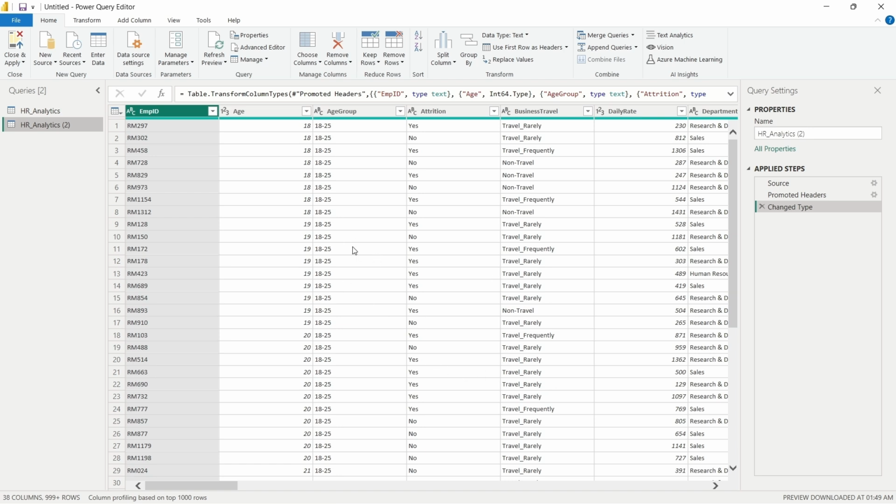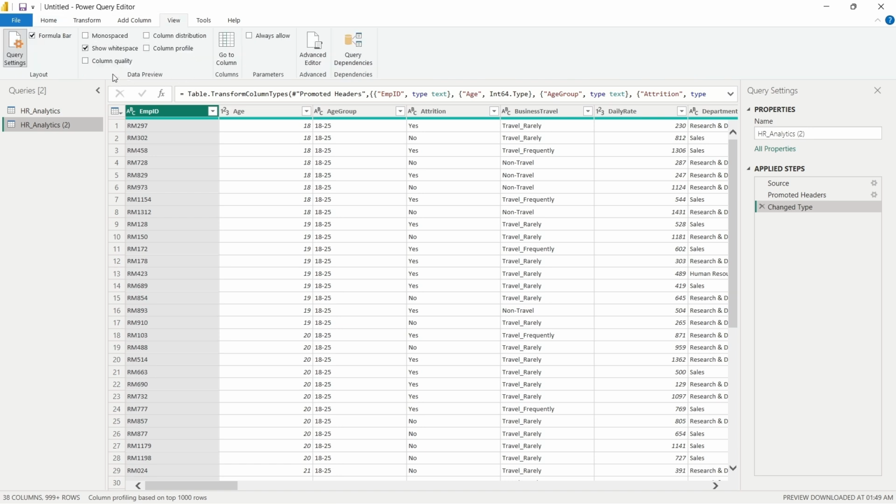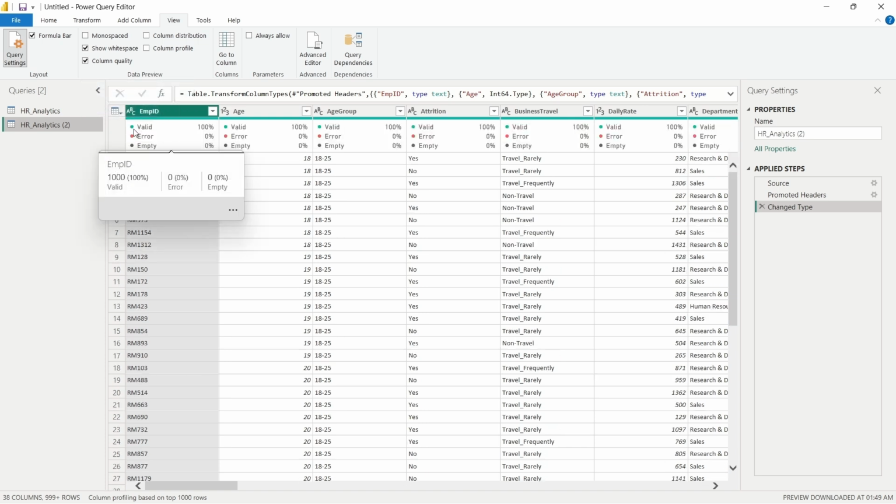So let's go with the data cleaning. First of all, we'll see if any null data are there or not. For seeing whether there is any null data, you have to click on View on the top of the screen. Then under data preview, you have to click on column quality, and here you can see